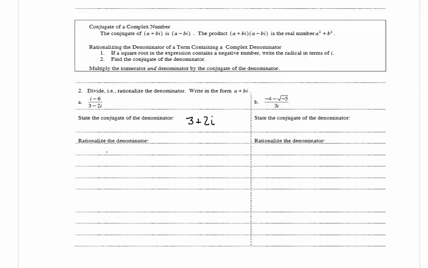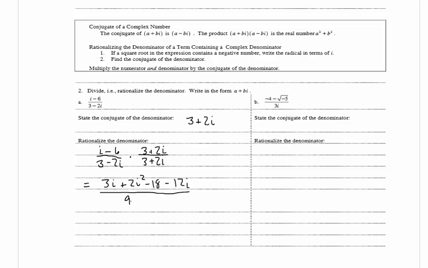And now they want us to rationalize the denominator. And we have i minus 6 divided by 3 minus 2i times 3 plus 2i divided by 3 plus 2i. And this is equal to i times 3 is 3i. i times 2i is plus 2i squared. We have negative 6 times 3 is negative 18. And negative 6 times 2i is negative 12i divided by, and in the denominator we have a perfect square,